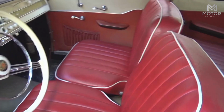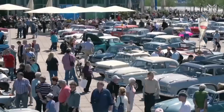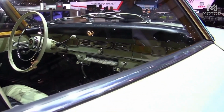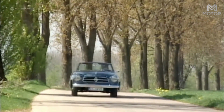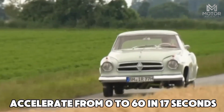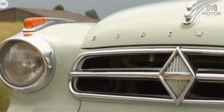Step inside, and you'll find more innovations. The seats used rubber suspension, an early form of ergonomic design. The dashboard was padded for safety. There was even a fresh air ventilation system that didn't require opening the windows. The Isabella could cruise at 80 miles per hour all day long and return 30 miles per gallon. In 1954, it could accelerate from 0 to 60 in 17 seconds, respectable for its time, and handle like a